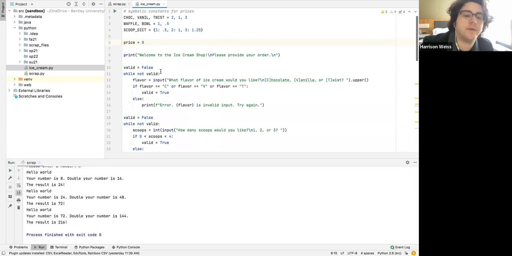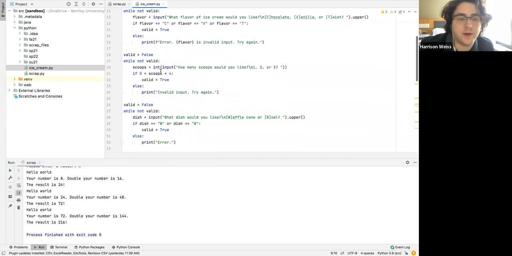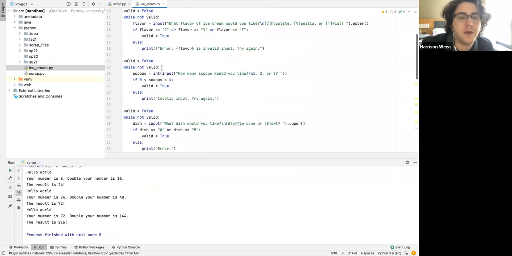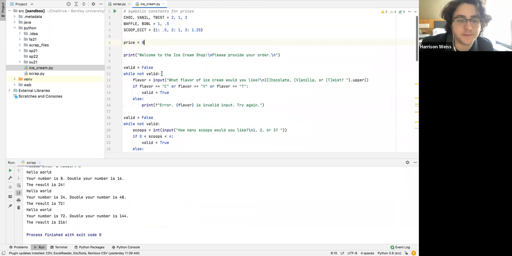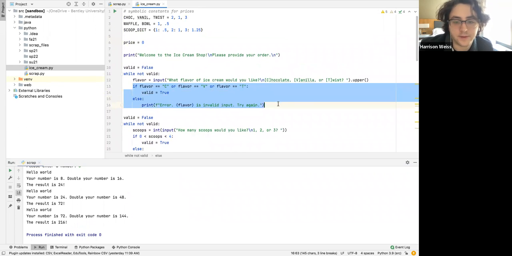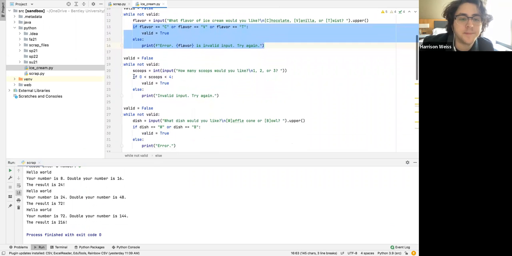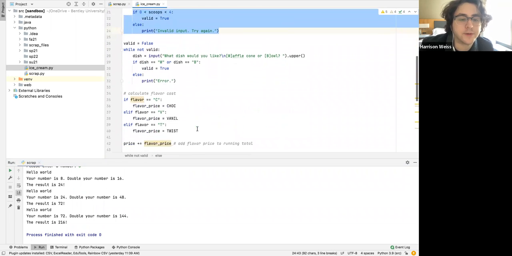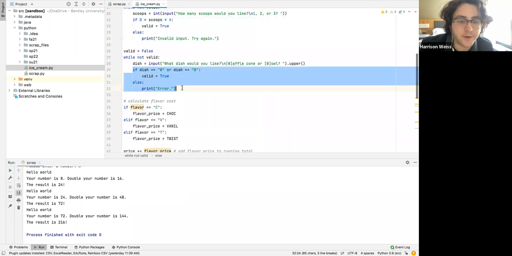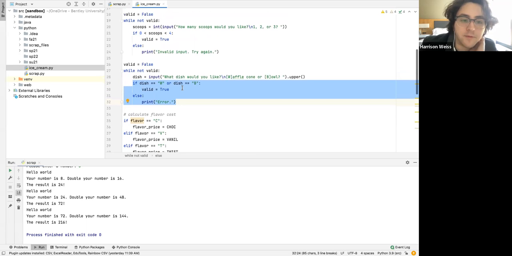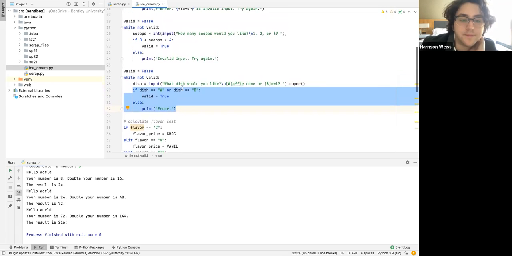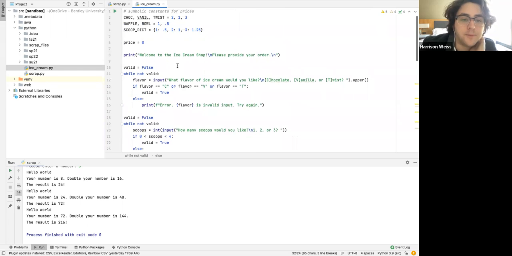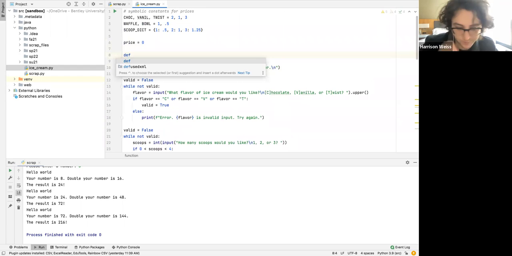So another example of this, if we go back to the ice cream that we were working with before, we can use functions instead of repeating all this if-else statement. You see, we do the same if-else statement with slightly different input 3 times. So we can simplify it by just writing it once. So if I'm going to make a function, let's put it up here. We're going to define